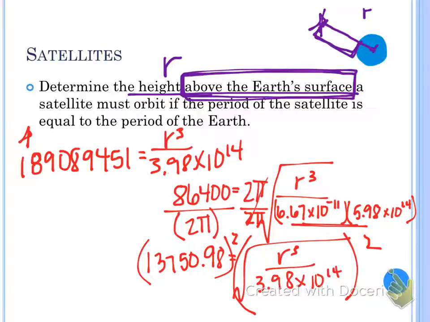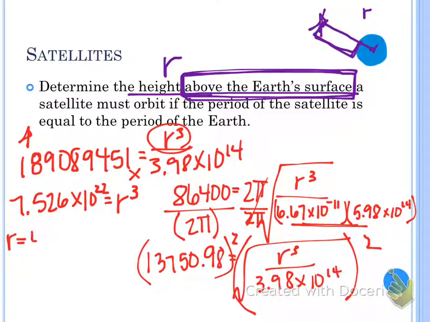From here, we multiply that by 3.98 times 10 to the 14th to get r cubed by itself. Then in our calculator, we need to do a cube root. We hit math, go down to number 4, cube root of the second answer, which means r equals 4.22 times 10 to the